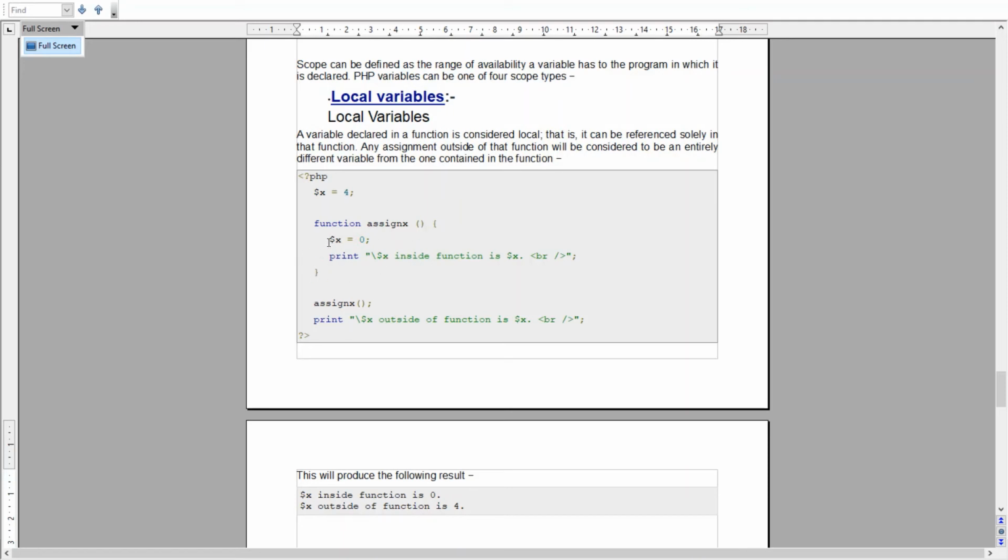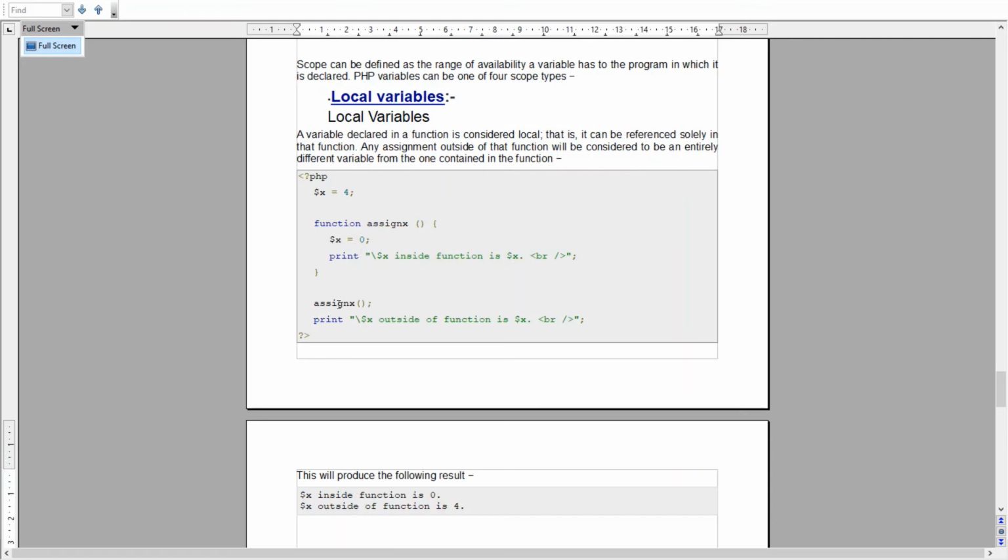If we declare a variable within these curly brackets, it is called a local variable of that function. Here the local variable is x, to which we have assigned the value 0.